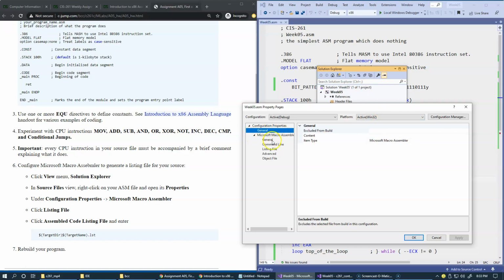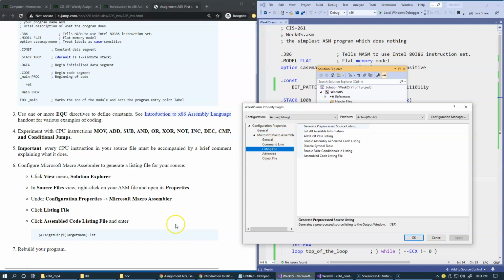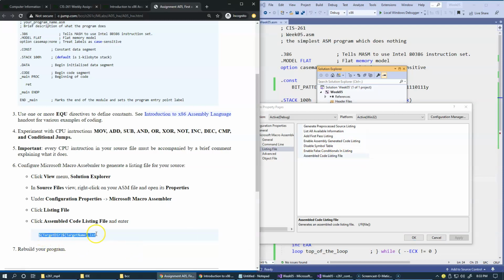And in the properties of macro assembler, right here, click listing file. This is our listing file, and click assembled code listing file. You see there are many choices, but assembled code listing file is the last choice. Don't make changes over here. You may end up with strange errors because not every type of build will be able to provide those types of listings. Anyways, I'm asking you to provide this last item right here. And if you copy and paste this